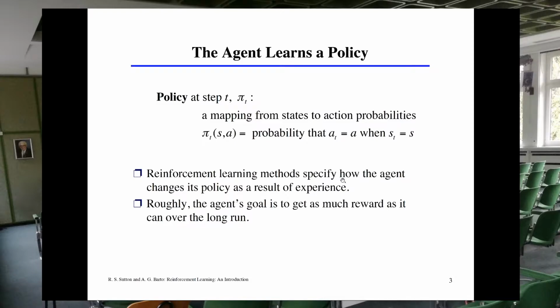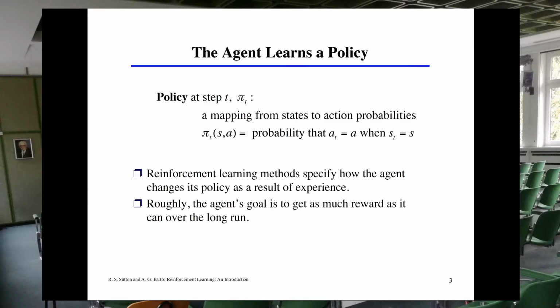So reinforcement learning methods specify how the agent changes its policy as a result of experience. Initially you can consider that this probability could be a uniform, equiprobable probability. You can give the same probability to any combination of state and action, because maybe initially we don't have any information about what states are good, what states are bad, or which actions are good depending on the state or not. So we can give the same probability initially, but as the agent starts its interaction with the environment,